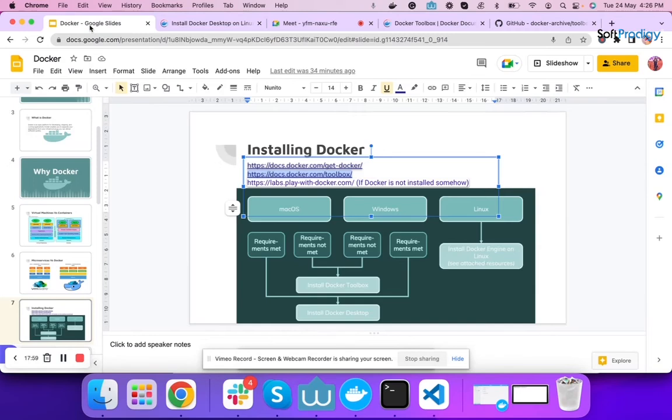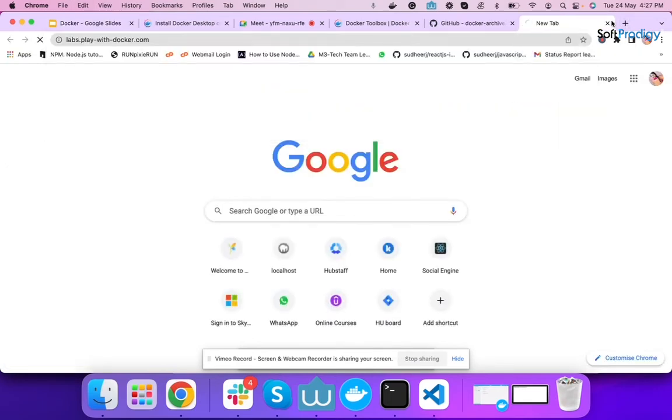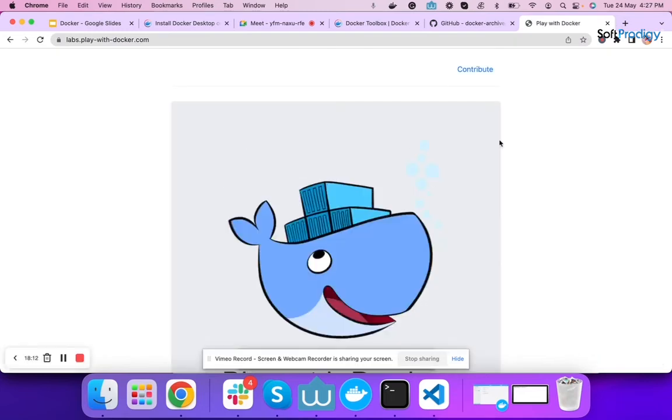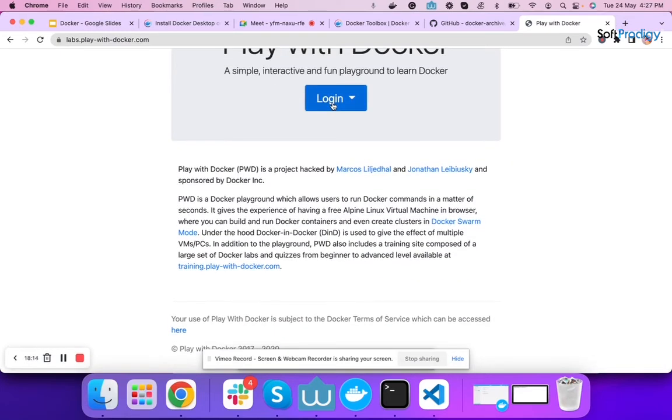And other than that, if somehow you're not able to install Docker on your system, you can directly play with the concepts. They have provided a live lab session. You can log in with your credentials into Docker, and play around with the containers, the images and the other things from here.